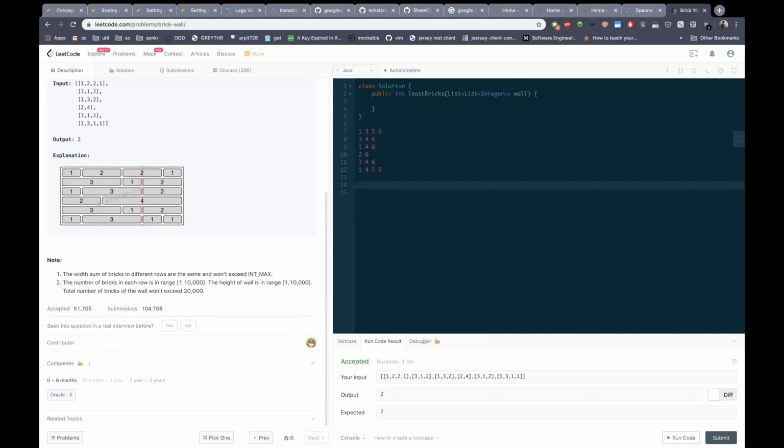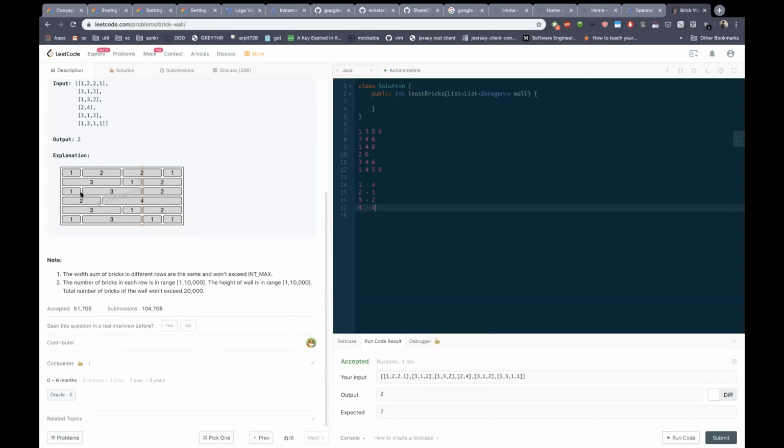Each gap. So for example, for gap 1, there are 3 rows which are ending at gap 1. Then for gap 2, there is only 1 row which is ending at gap 2. Then there are 3 rows. Then there are 2 rows which are ending at gap 3. Then there are 3 rows which are ending at 3, I guess. First, second, and fifth.